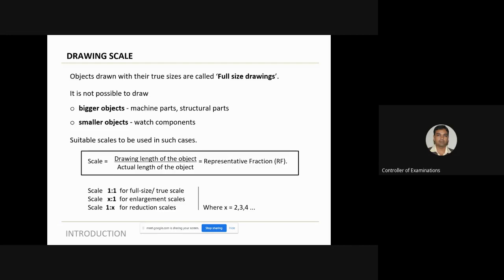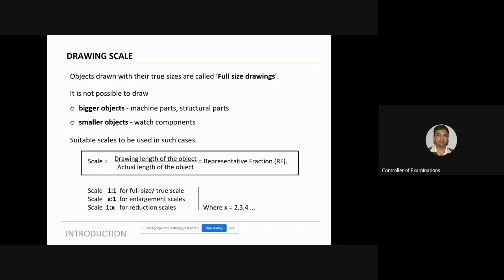Coming to the next important thing, scales. You need to understand that objects are drawn with their true sizes, but it is not always possible to do that. Take a very small object, for example, your smartphone.